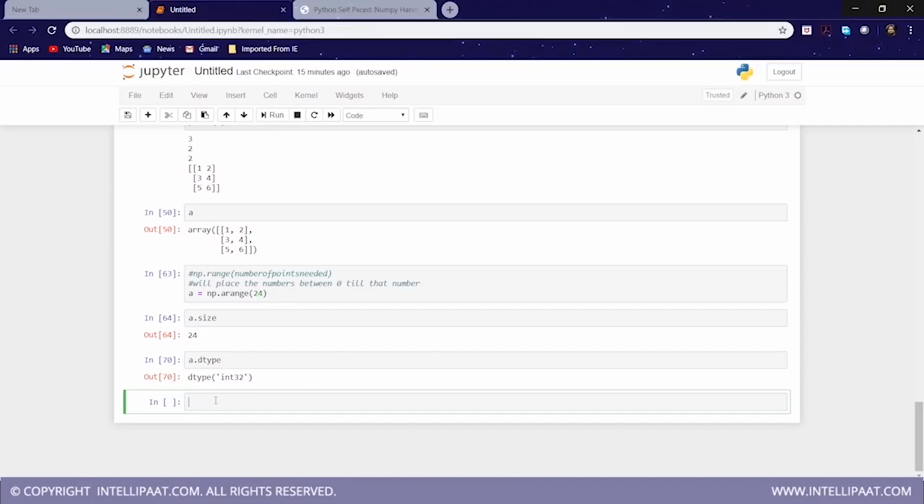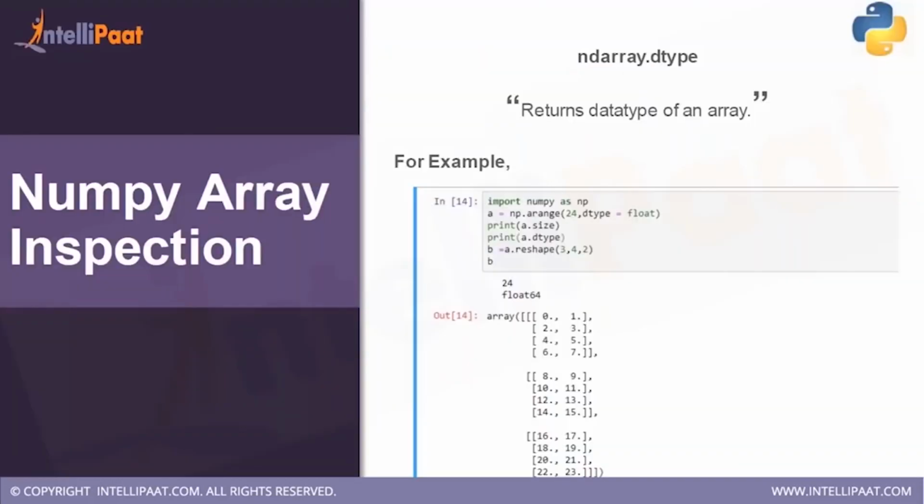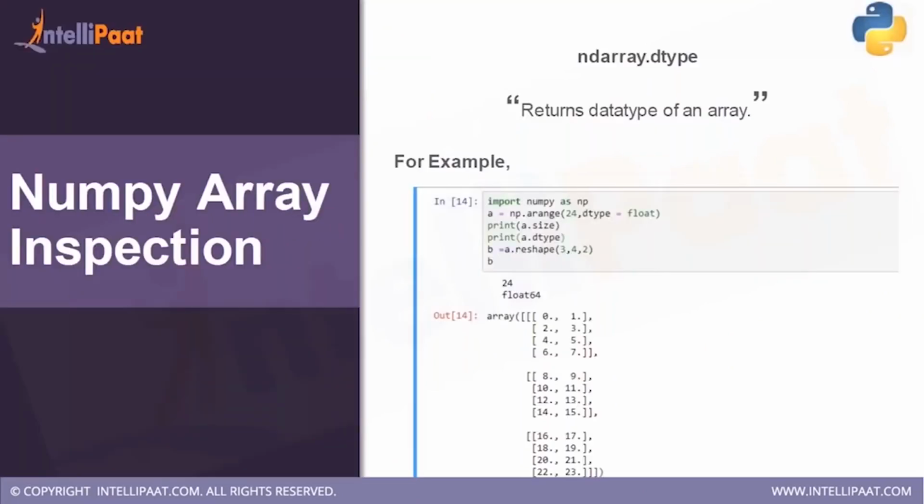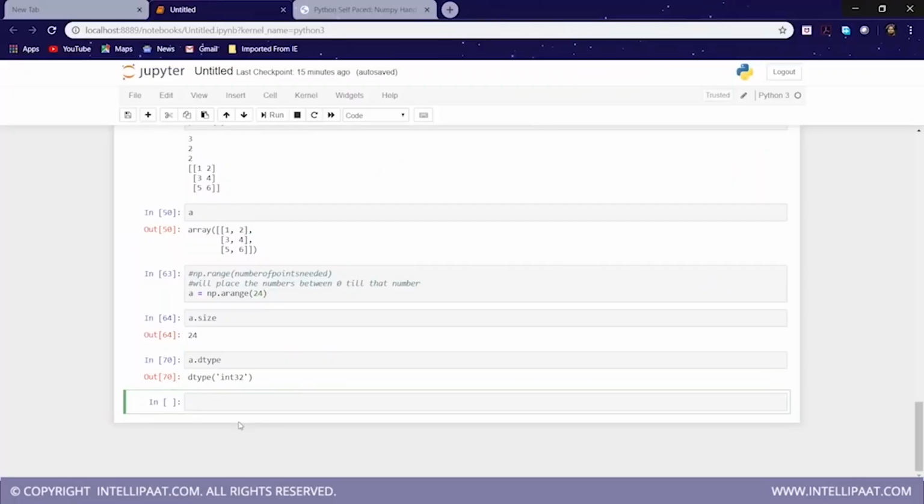Okay, so here we have 24 int numbers, right? So that's why we have int32 as the return type. Okay, so that's how it works, and that is what this dtype is about. Next is how we use it for maths calculations. Any doubts till this part, till this dtype? Now if I show you something more,